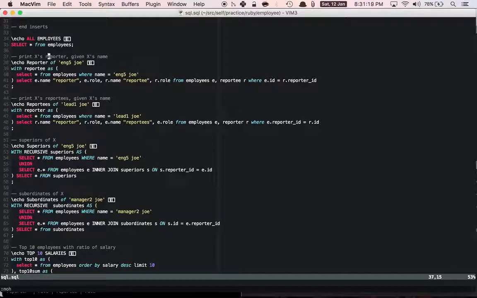For example, they want to see a person X, like engineer 5 Joe. They want to see who he reports to, his immediate manager. So how would you go about doing that? This is how you do it. This whole thing is a single query. You can see the semicolon only at the very end. So this whole thing is a single query, but